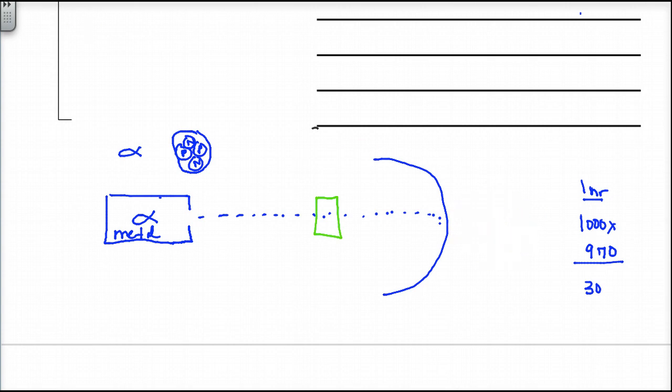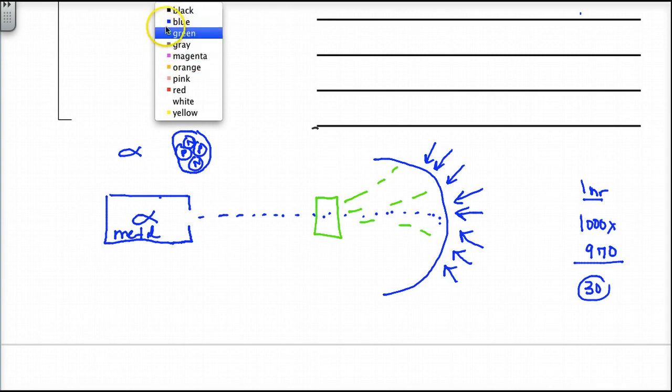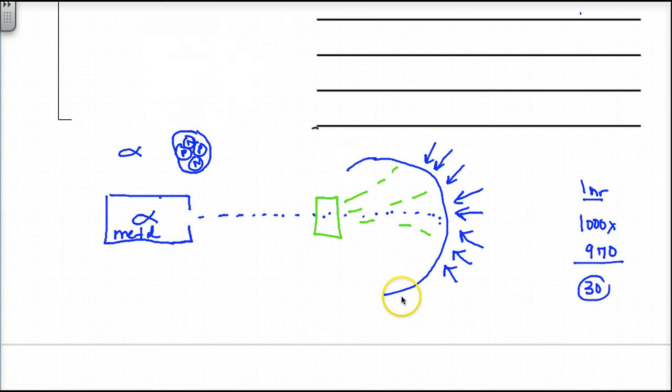So if they were looking right here, then they would look right here for an hour. Then they would look here for an hour. And over time, by looking at the different positions, basically sitting in the dark with a magnifying glass, they found all 30. And what they found was, where were these particles? They found some beautiful deflections, some pretty amazing deflections, and even, this is most incredible, they found some deflections that almost came directly back